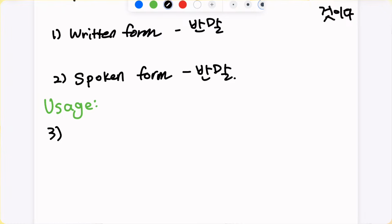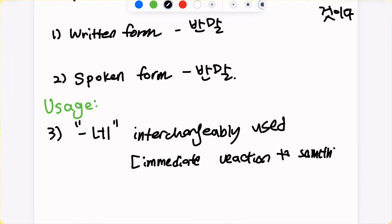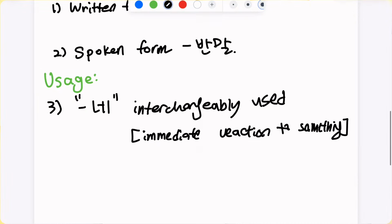아무튼 usage를 보면은 일단은 the first usage is 네랑 방금 네 배웠잖아요. We just learned 네 ending, right? 네. 그거랑 you can consider it interchangeably used when it's your immediate reaction to something. So let's say you meet your friend and you see her new haircut and you instantly go,